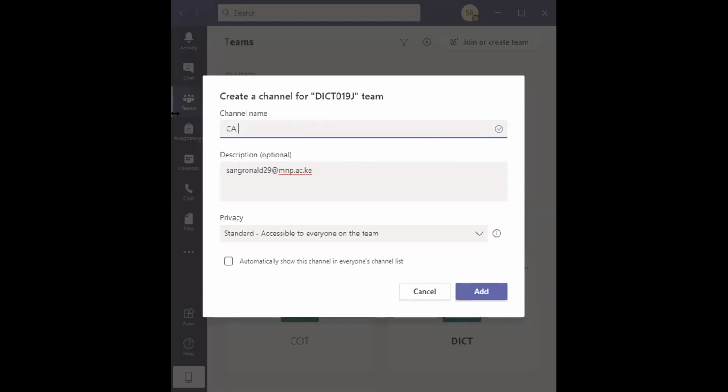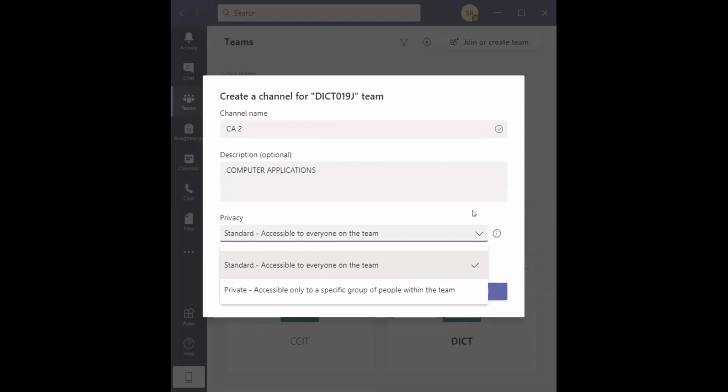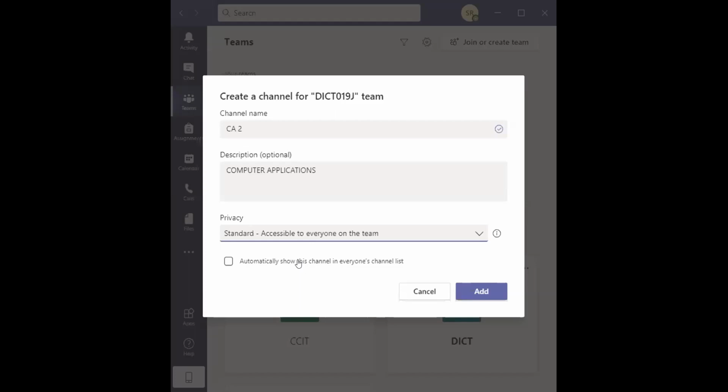So here I can have it as CA2, but down here I can have it as Computer Application 2. Then I can have it open to everybody or private, where I could add members.